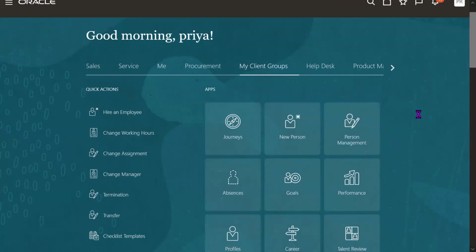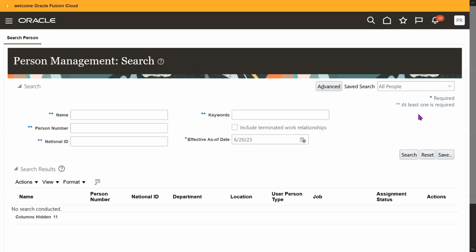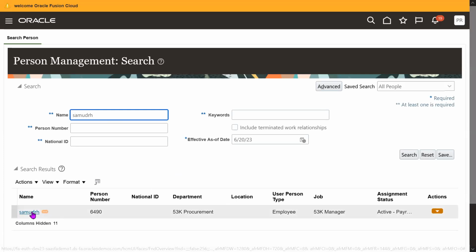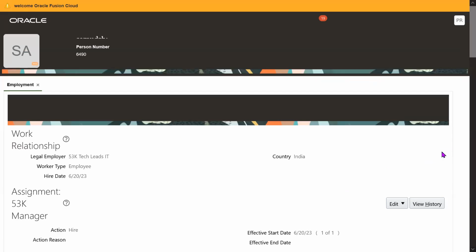So go to person management, click on the person management and search with the employee name. Open the employee, and then click on edit